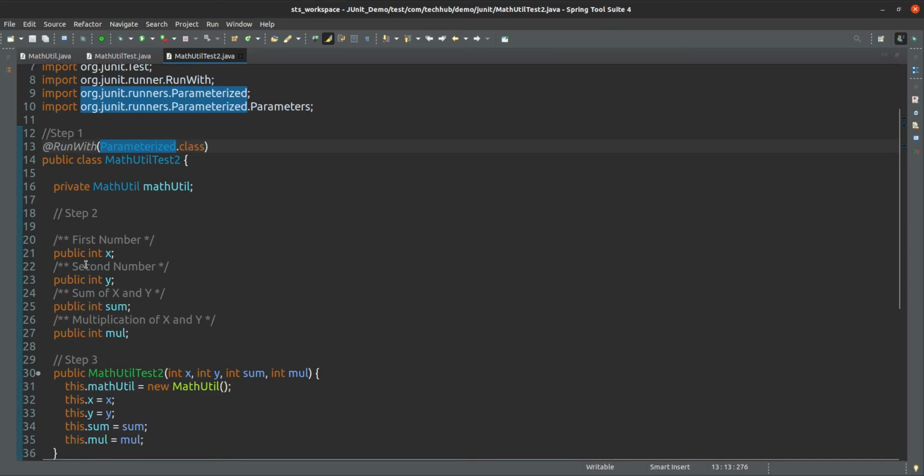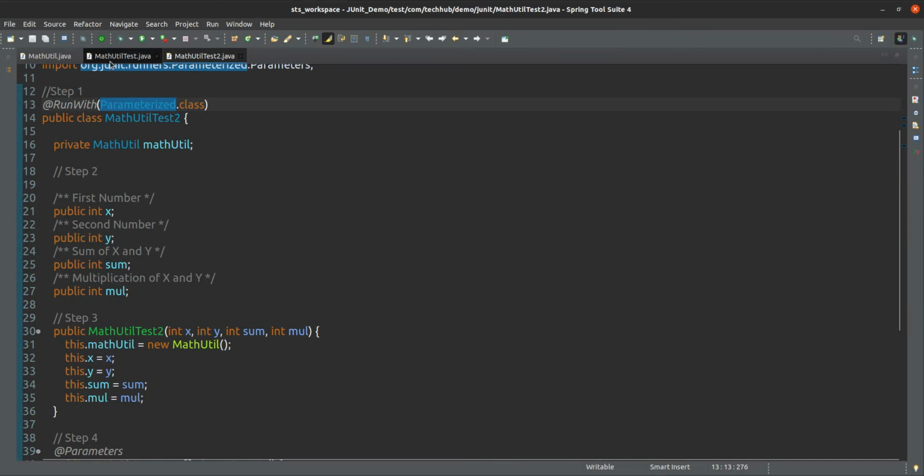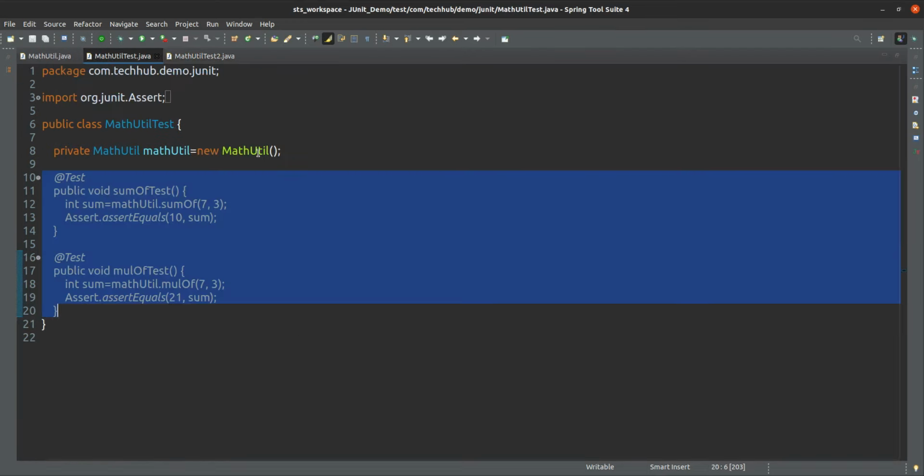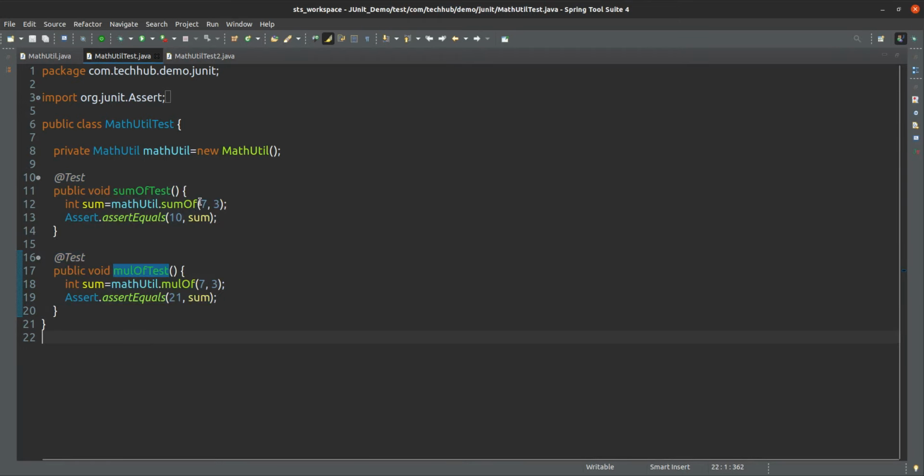Second step, what do we have to do? If you observe this test case here, what are the inputs? Two inputs, x and y. You can see it like that. Two numbers are there, a and b, meaning the first number and the second number. These are the two input variables.